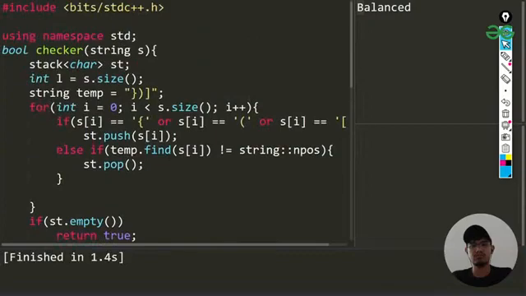So instead of doing this checker, we are going to be putting our conditions here.